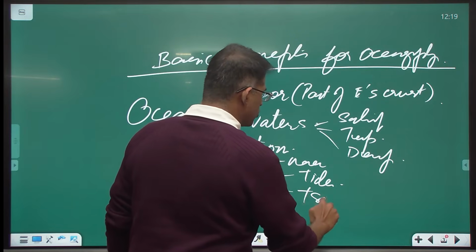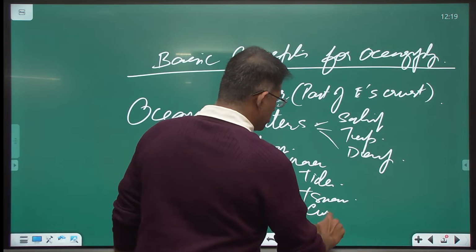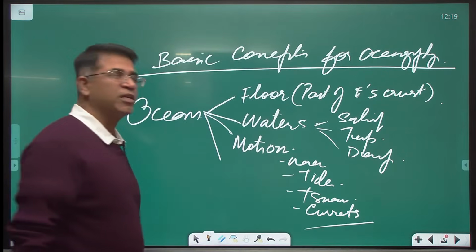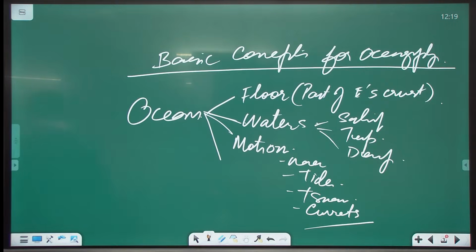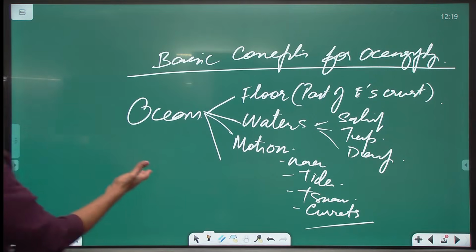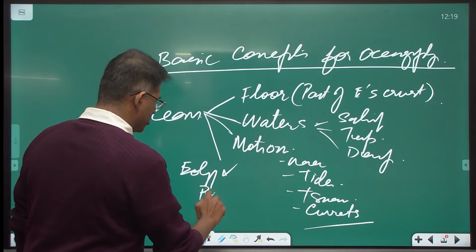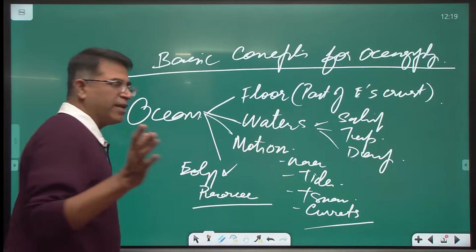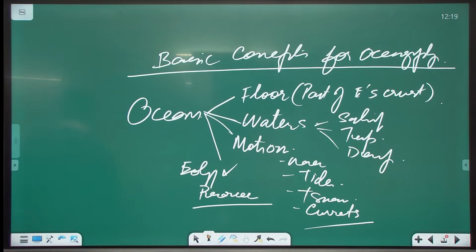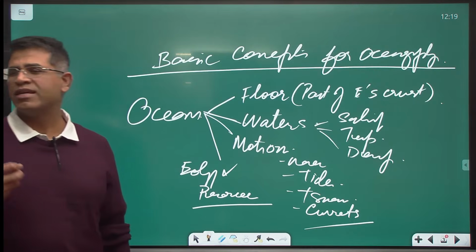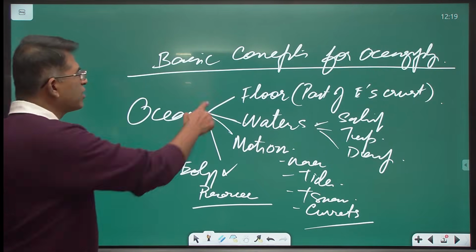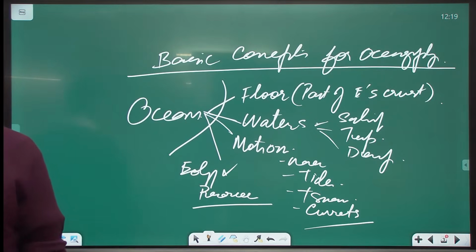You all have heard about tsunami in the oceans. The most popular discussions are on currents. Okay, when I say oceanography, I mean the ocean floor, the ocean waters, the motion. And then we have the ecology of the oceans and the resources. More or less, syllabus is here. Ecology, what type of life forms are there? How are they important? Biodiversity, the resources from the oceans, oil from the oceans, the gases from the oceans, the minerals of the oceans. These are the four components of oceanography, more or less.